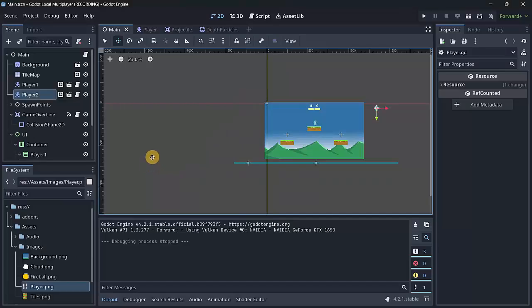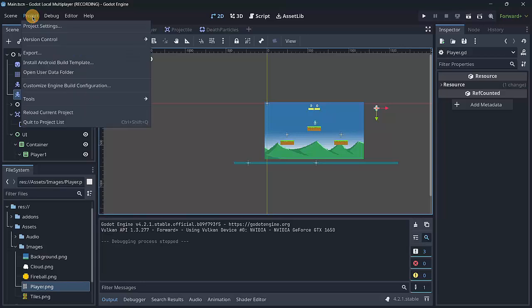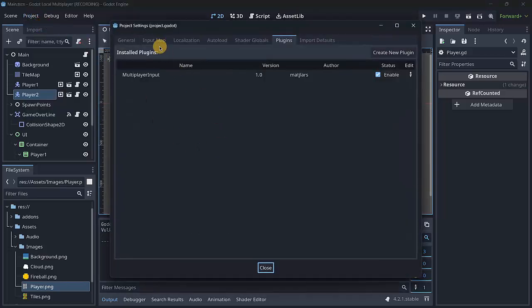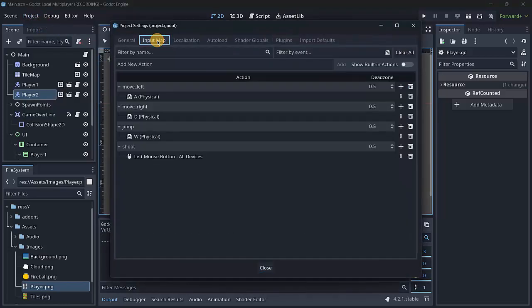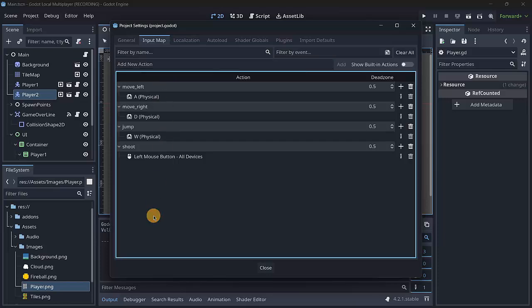So the first thing that we have to do is to modify a little bit our input map. Basically, we're going to go to project settings, and then here we are going to click on input map. Here, as I told you, the good thing about this is that we don't really have to create any new actions. We only have to add here the corresponding actions inside of our existing input actions. So go ahead and connect your controller to your PC using the USB cable,